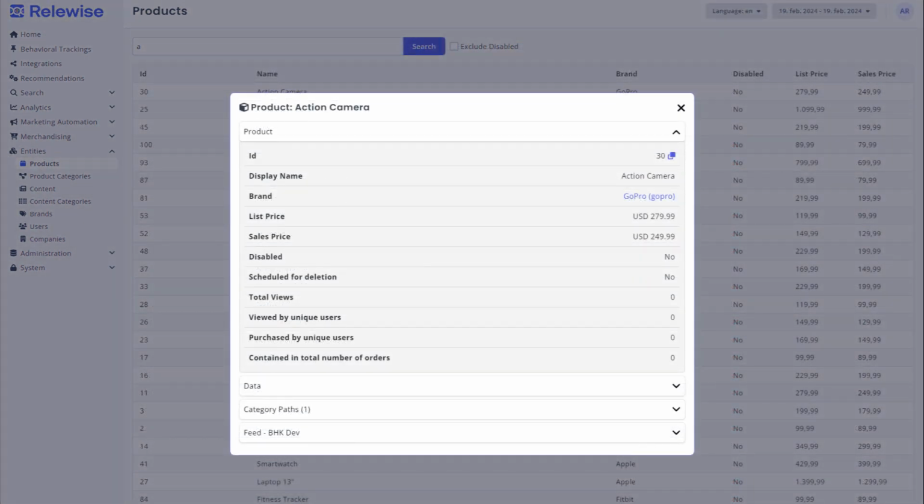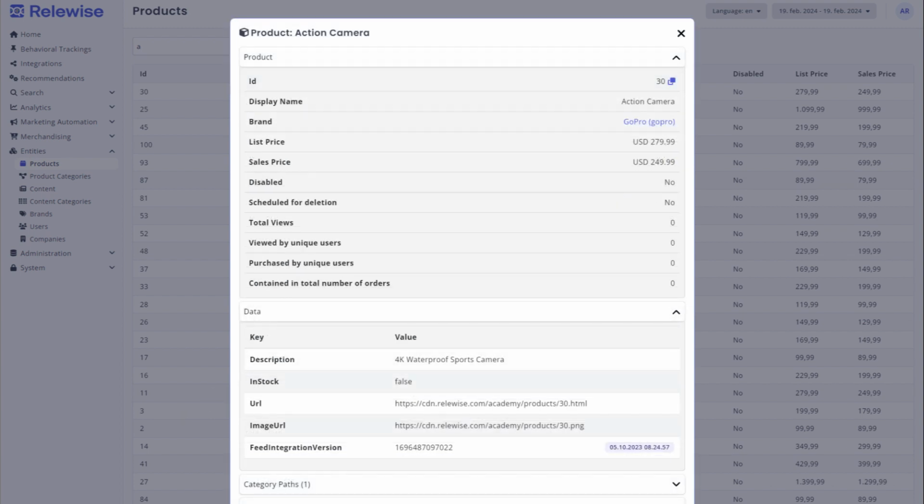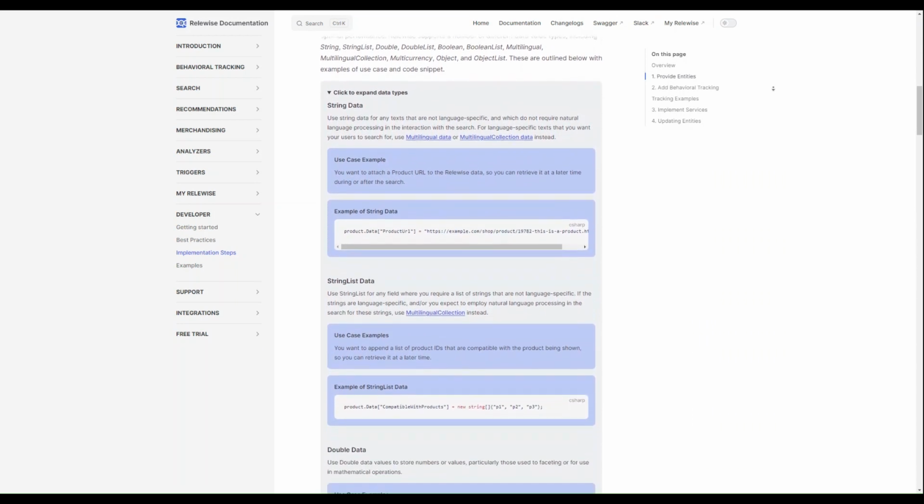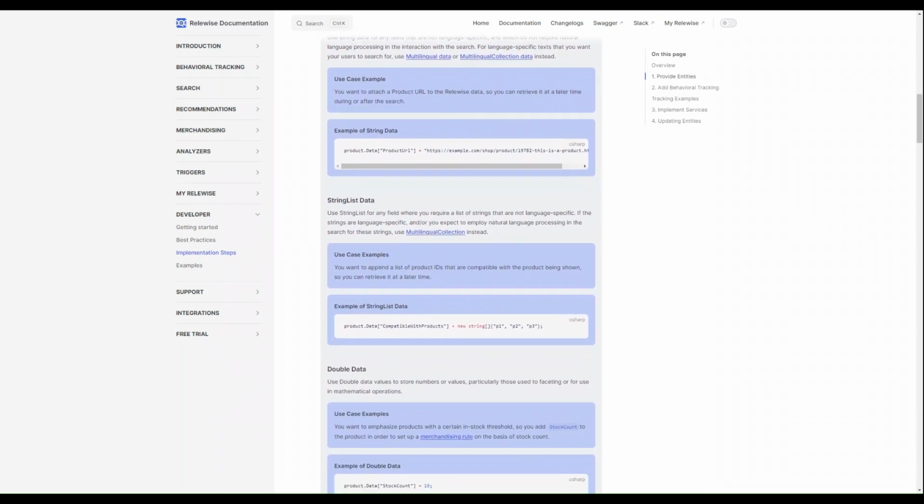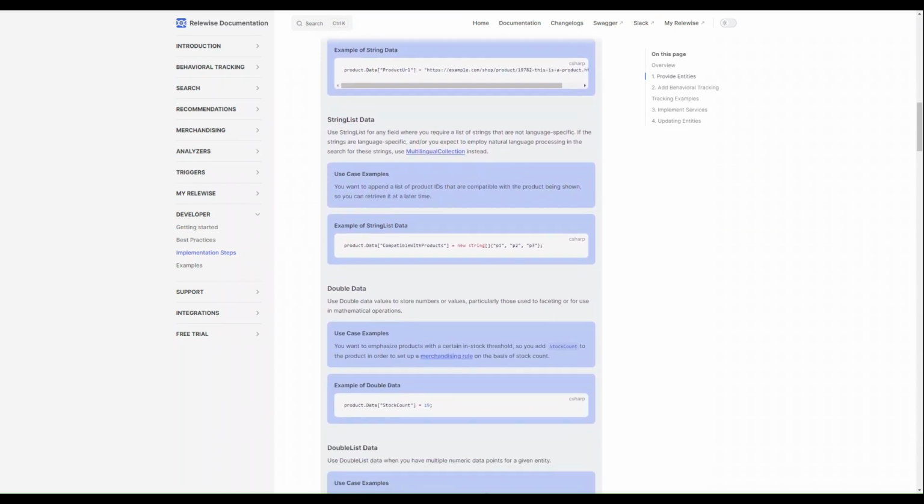Clicking on an entity brings up a detailed view of it, which lists all of the data that has been provided to us via feed or API. By clicking on the Data tab, you can view the full extent of data keys for the entity and the values of each one. By hovering over the value of a data field, you can see the type of data that this field utilizes. You can learn more about the types of data that MyRelewise accepts in our documentation at